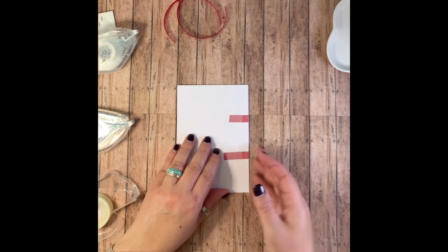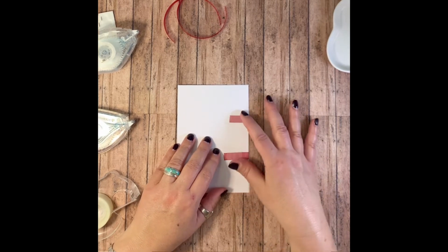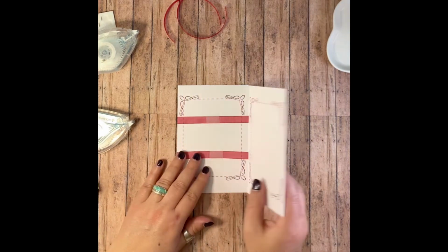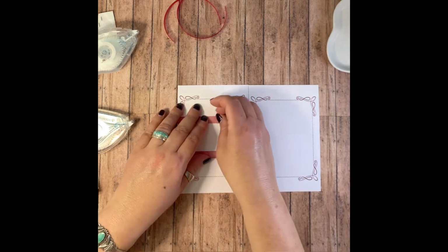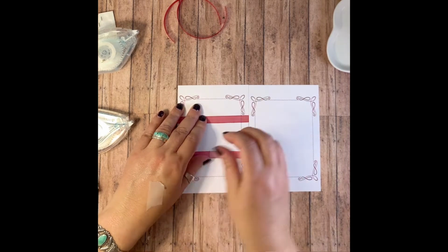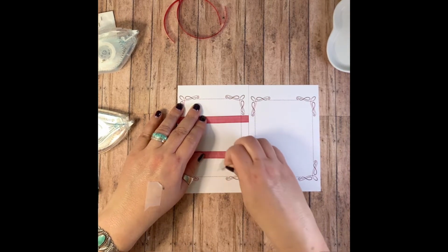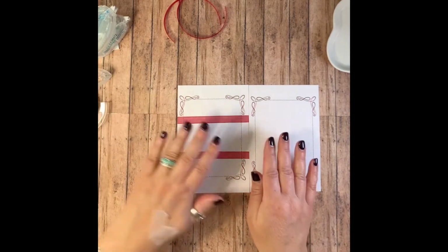Okay. I'm making sure, okay. So now I'm going to open the card to the right and I'm going to remove this D-tack tape. I don't necessarily want to get rid of it at this point because I need to do the ribbons on the other side. So let me just pull this up. Okay. So now that these are up,